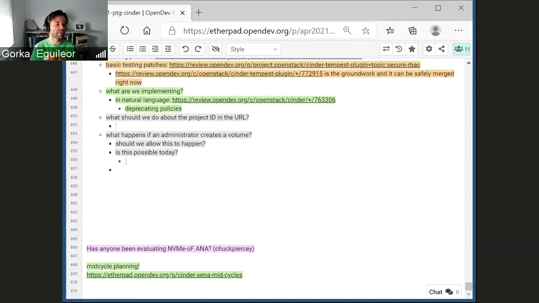Because having it in the URL, once we update the client, will mostly be for independent clients, curl requests, things like that. So we expect our clients to do the right thing and not provide them inconsistently, right? Yeah, okay. That makes sense.